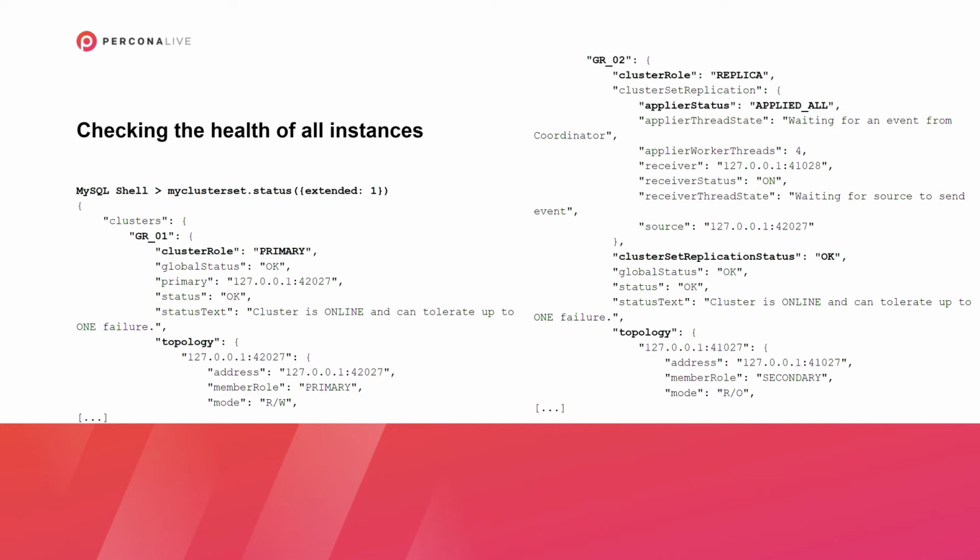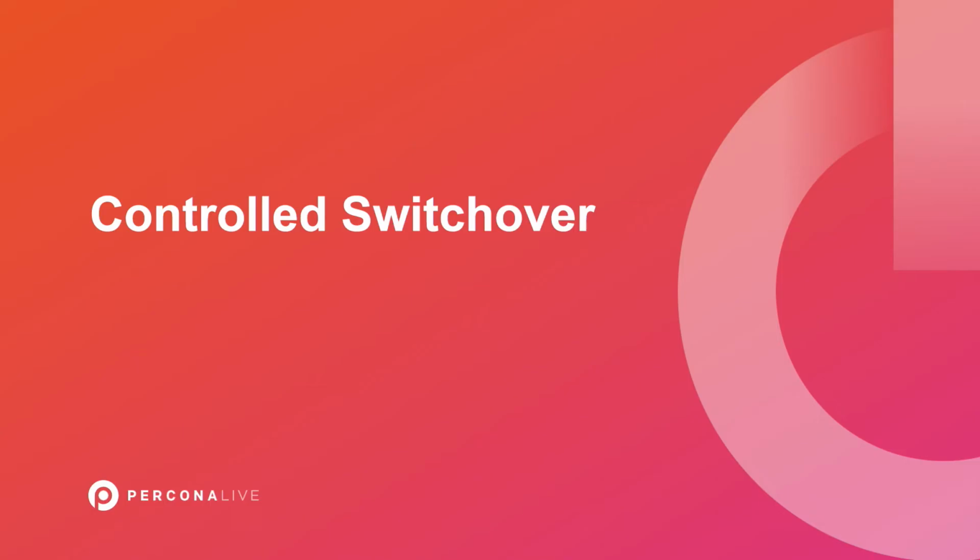It will tell you if it's lagging behind, if it applied everything it needed to apply, and how the replication is working, and the topology of every single node in there. So the deployment is as simple